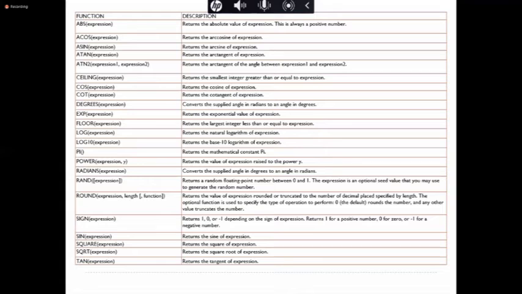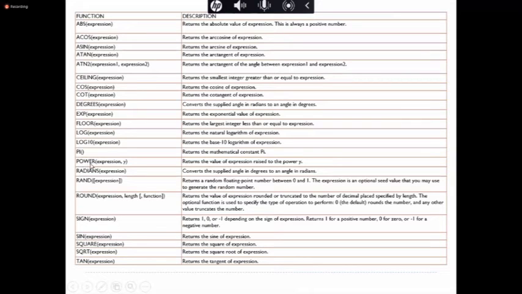Now you can see here absolute, arc cosine, arc tangent, ceiling, cos, cot. There are many mathematical functions.